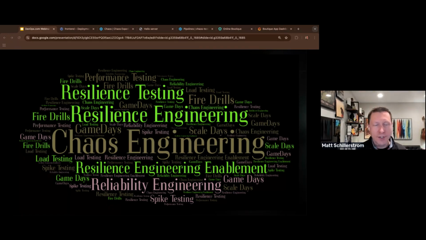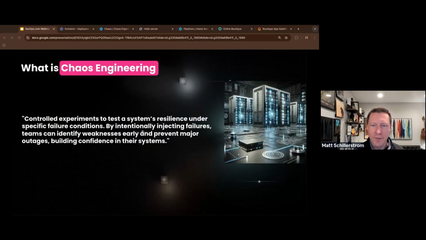Like when I worked at Target, our team was first the IT disaster recovery team, and then we switched to the chaos engineering team, but then we switched into resiliency engineering and then resiliency engineering enablement. So a few name changes based upon what teams we were working with. But the term chaos engineering can be an unfriendly term, but it's a very proactive way of looking at how you understand your system, right?